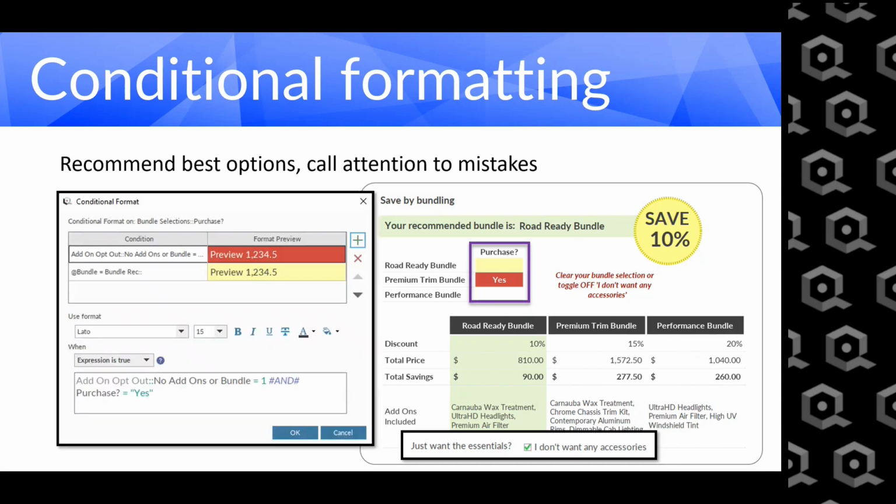So for the cells in the purple box, I've opened up the conditional formatting panel here for you to see. And I've actually got 2 conditional formatting rules applied to the same grouping of cells here. So of course, the top one here is what you're seeing in the angry red for the premium trim bundle, really just checking whether that box for opting out of accessories is checked. And if that's the case, and any of these bundles are marked as yes, we want to call attention for the user to say, hey, you've got to do one or the other,